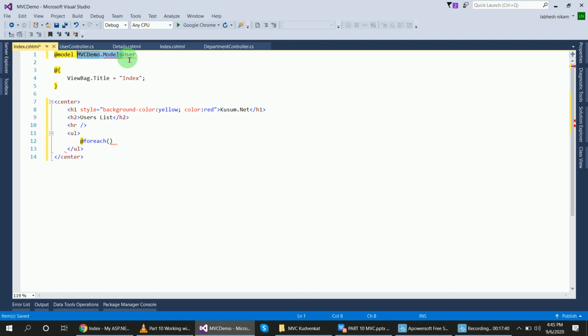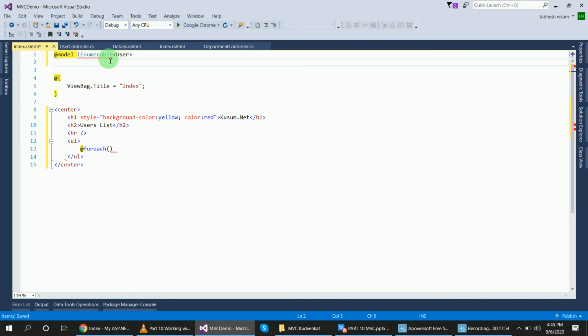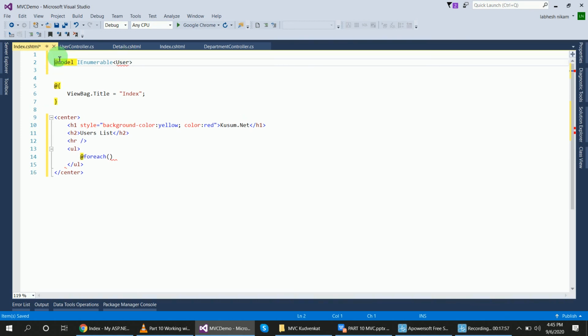Okay, control X IEnumerable, and this one using MVC demo dot models, right? Now use that user class, user USR in @model, right?